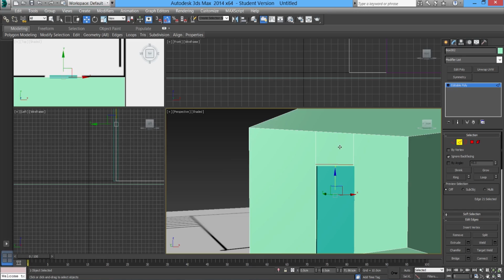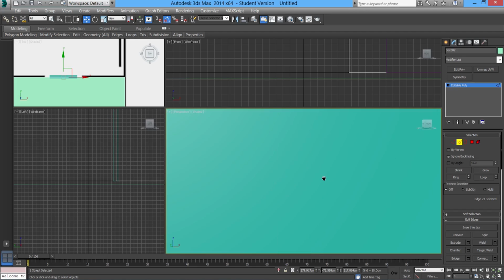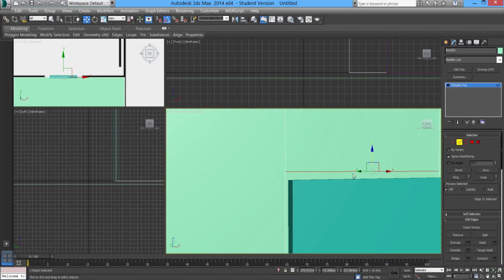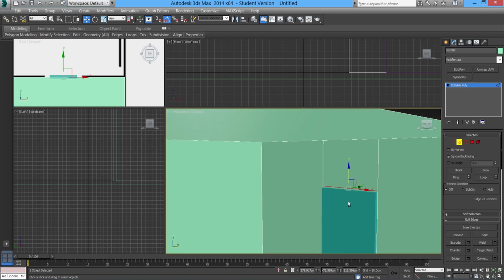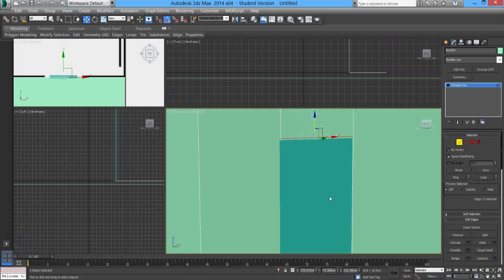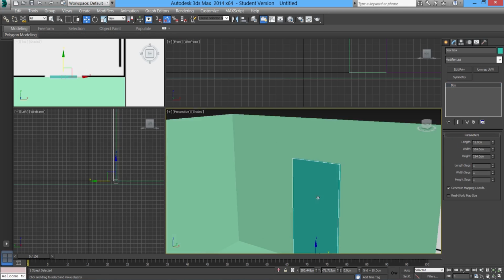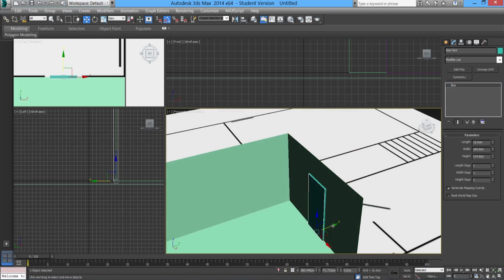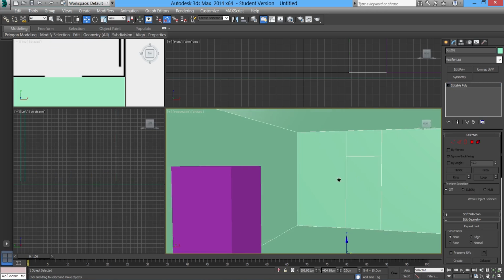So I've just added one edge and I've placed that above. Again, I'm just going to zoom in, and let's see if we can get that zoom in the right place. That's going to put a little border around the door. So don't worry if it looks a little bit off. Now I'm going to select this box, move it out of the way, because I don't need it anymore. Now if I go into here,